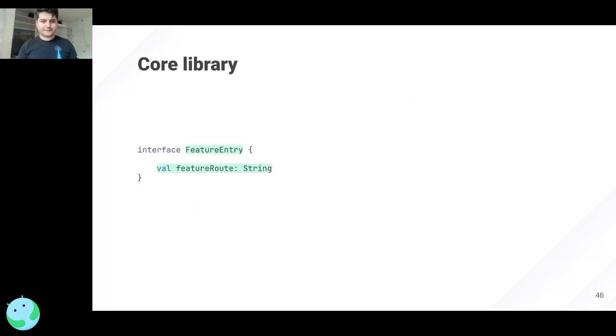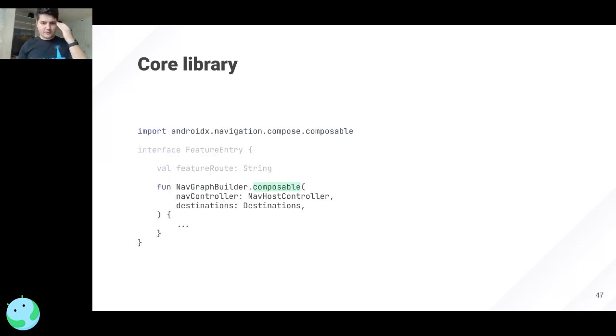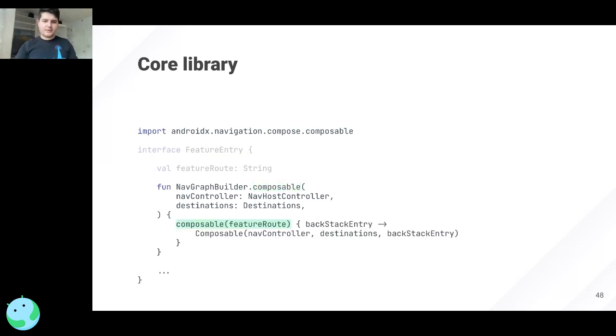So in order to implement this, let's define some core entities, core classes that are parts of some abstract library that we'll be using for our project. First, we'll have an interface called feature entry, and it will have a property like feature route, which basically defines which direction we navigate through the graph. Then we will have this composable function, similar to what the Jetpack Compose navigation library has. It will be our custom one, but under the hood, it will use the same lowercase composable function from the library itself. And inside, it will call our abstract composable function,